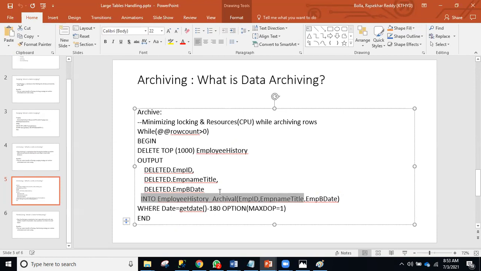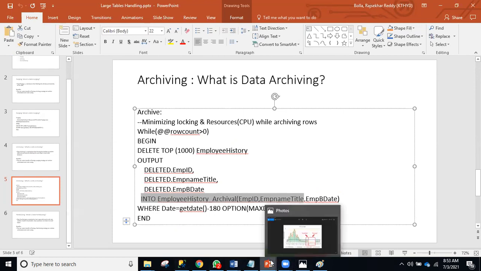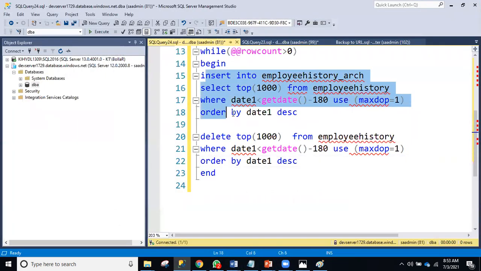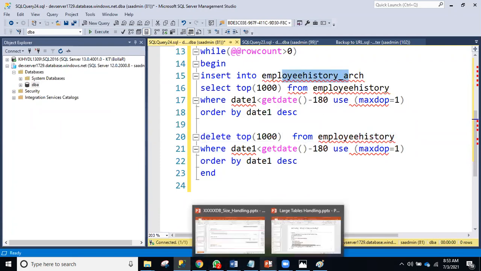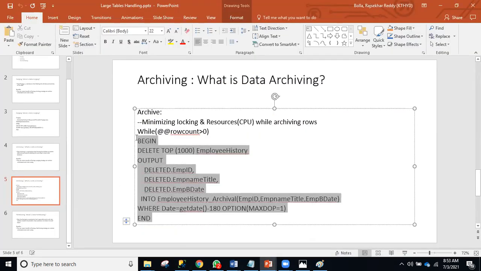This is the way you need to do the archiving, team. I have seen so many, and have even done freelancing. For archival, mostly in large databases, one of the mostly used options is to keep code like this: insert into. It will work 100%, it will work. But why do you need to use it 2 times unnecessarily? So you can write the code like this, and this is faster than that one.